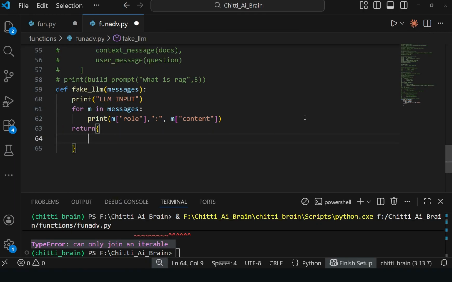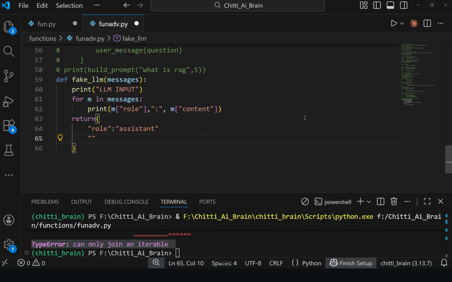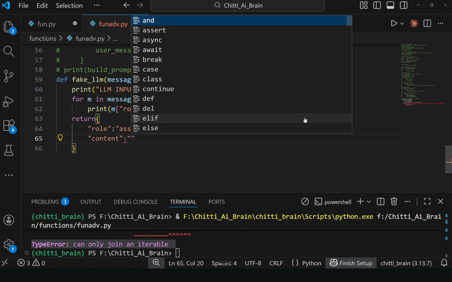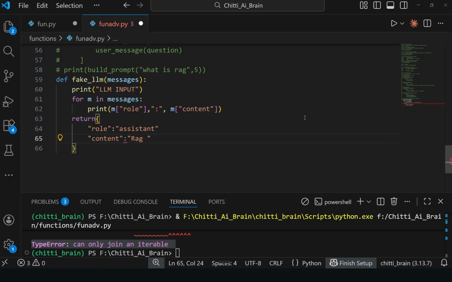Like for suppose, return. What should it return as an assistant? The content it should return. Like for suppose we ask what is RAG, it means retrieving relevant data before generating an answer, right? In this way we are constructing a response for the messages, for the questions.